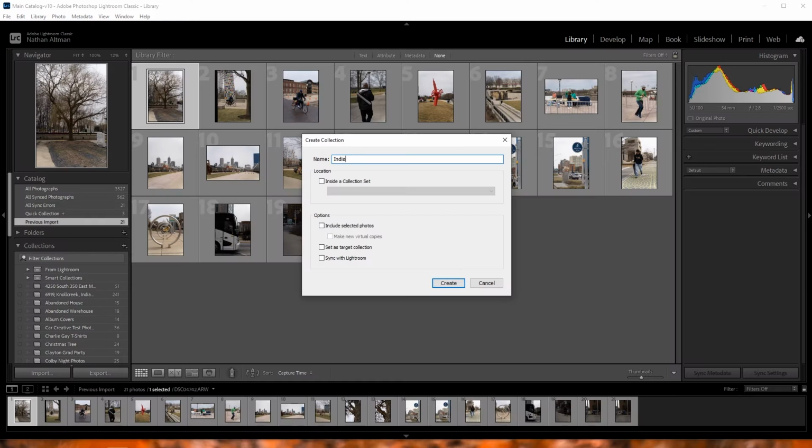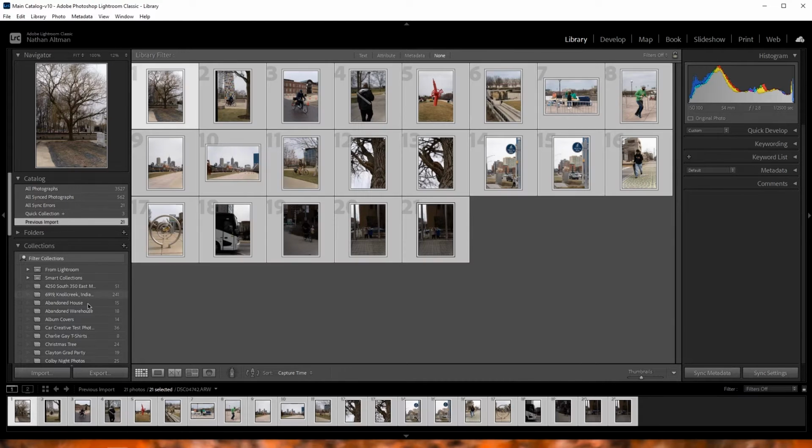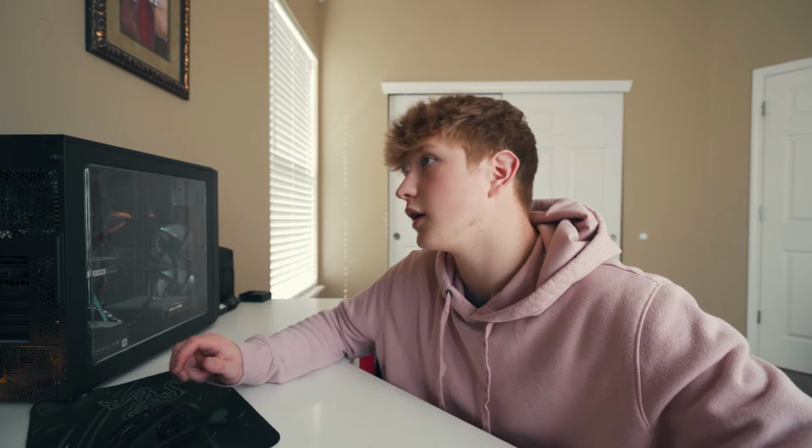Alright, so I imported all the photos and then I'm going to create a new collection. I'm going to call it Indianapolis Midday Street. I'm going to create the collection and then I'll just import all the photos into that collection. I ended up with about 21 photos that I'm going to edit, and then I'll post however many I want to on Instagram. So let's go ahead and I'll just start with this one first since it's a pretty basic